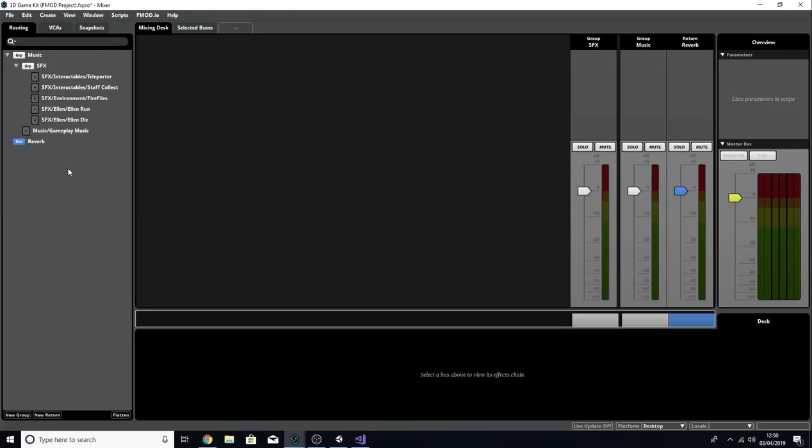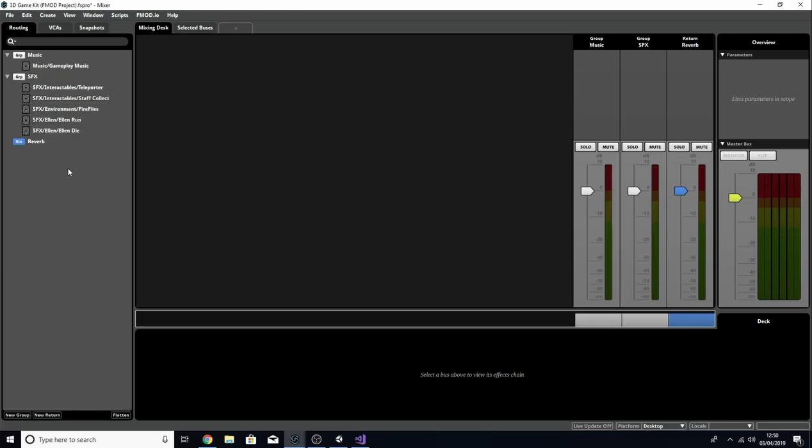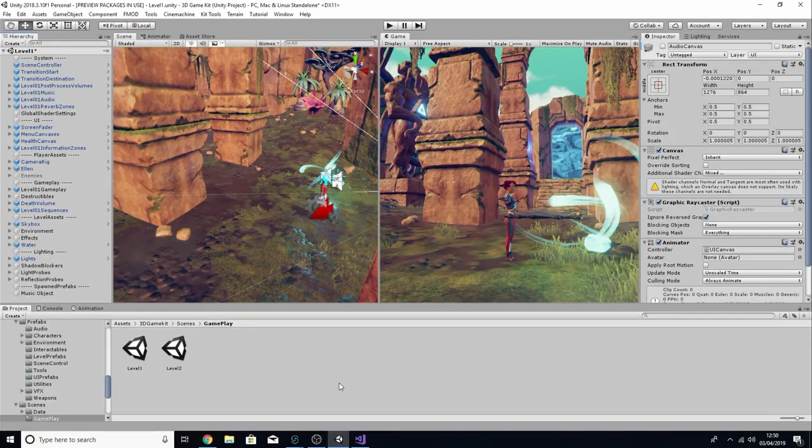This means that all the events being sent to the sound effects bus would then be sent through the music bus as well before finally being sent to the master bus. In our case, we won't be needing that, so we're going to quickly undo that from FMOD. So now our buses are ready to be hooked up to Unity, but first, let's quickly take a moment to